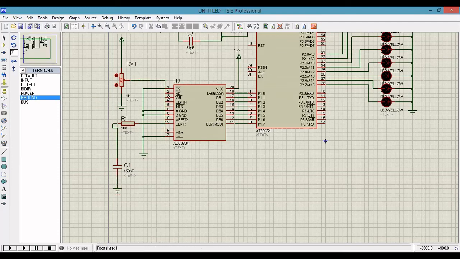Next, clock in. Clock in is connected to this. Next, V in is connected to the pot. V in is connected to the V in.